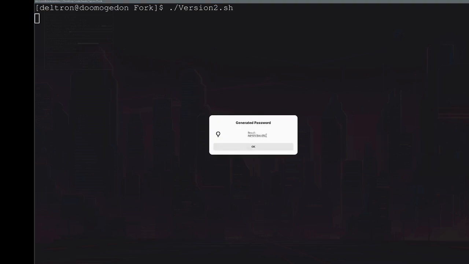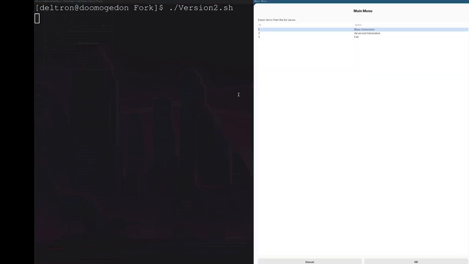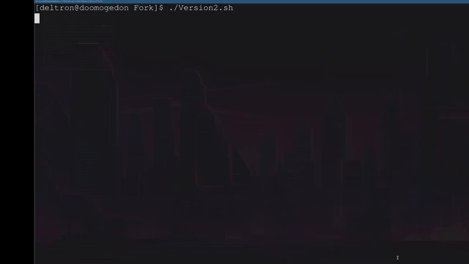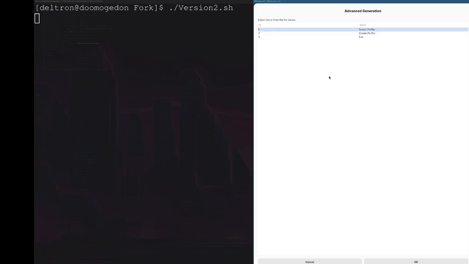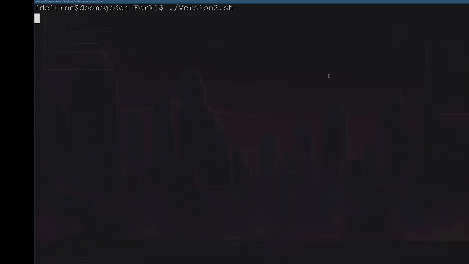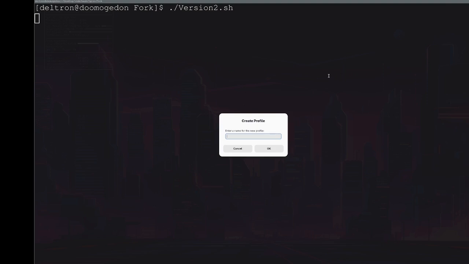Now currently I believe it only does 10 characters or something, which it definitely should do more, but I just figured that was a common thing for websites. Although the nice thing about this program is it's actually configurable so that you can use more complicated schemes for mixing up your passwords. So if we go to advanced generation, we have create profile and select profile. So if I hit create profile, enter a name for the profile, I don't know, video test, hit OK,